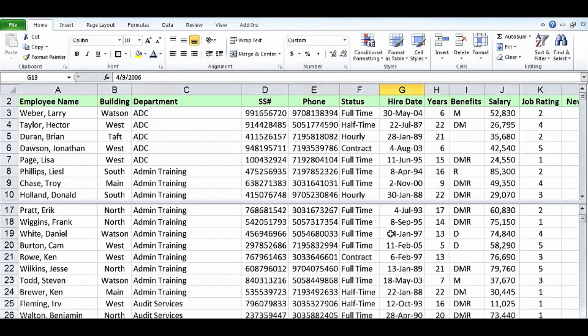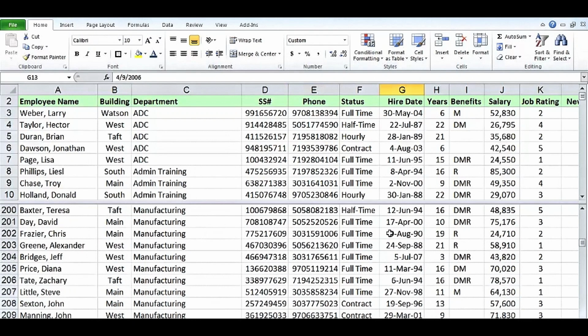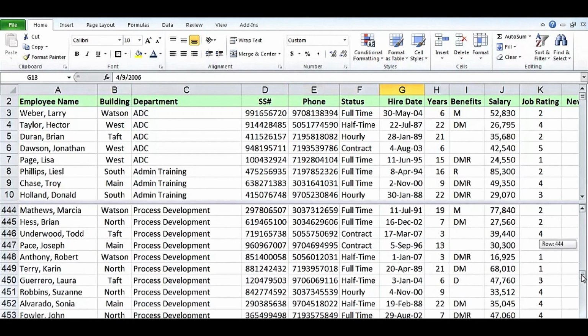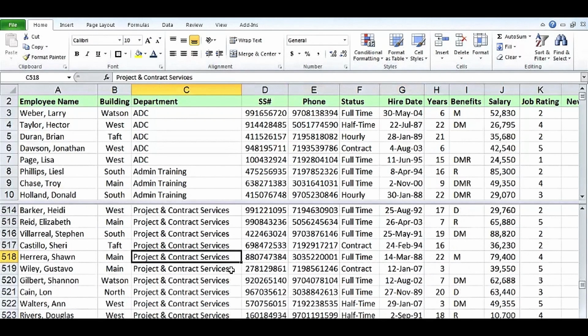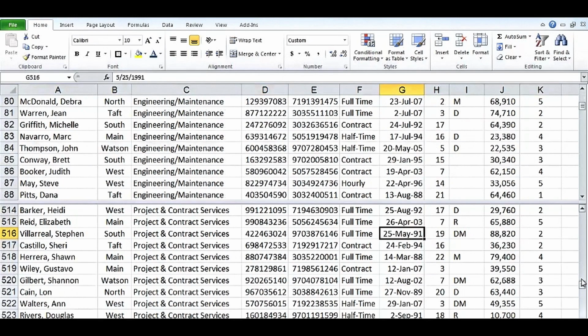So in the lower part, I'm scrolling using the mouse wheel. I'm scrolling down to row 150, 180, whatever. Or maybe I'm going to drag that scroll bar. I want to see these people here, these project and contract services. Meanwhile, I also want to see these people. They are quite a few rows apart. That's just fine. And strangely enough, we can scroll, call it upside down, whatever you want to call it, but